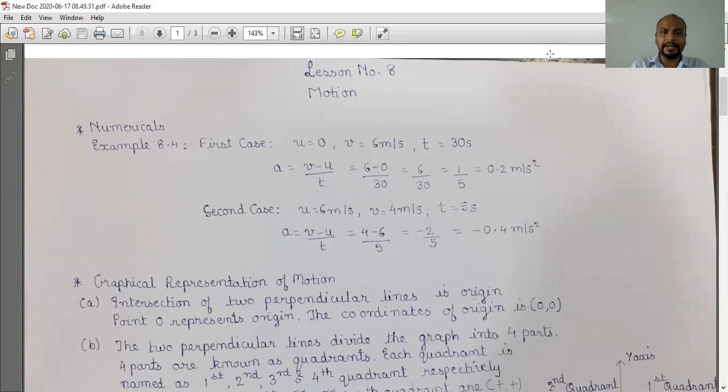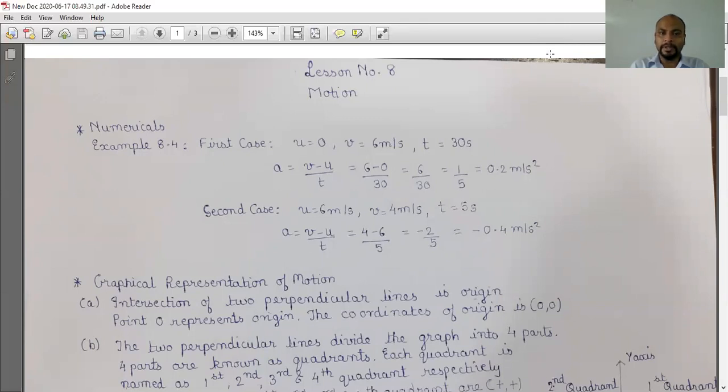Now, uniformly accelerated motion. If a body covers equal increase in velocity in equal intervals of time, then the body is said to be performing uniformly accelerated motion. Then we had started the numericals by jotting down some important points to keep in mind while solving them. We made a tabular formation of 5 columns: serial number, quantity, symbol, formula, and units, which enables us to know which quantities, magnitudes, or values are mentioned.